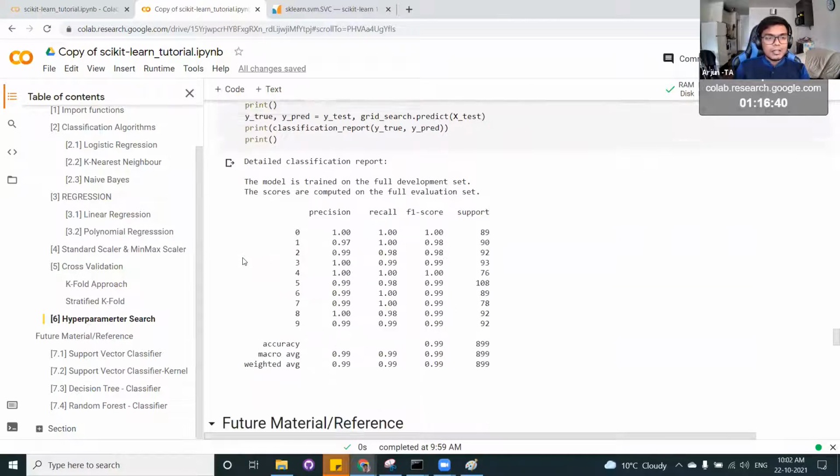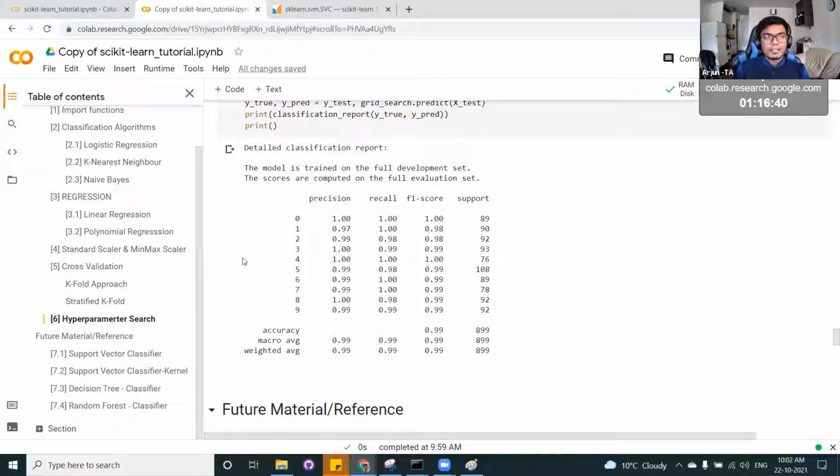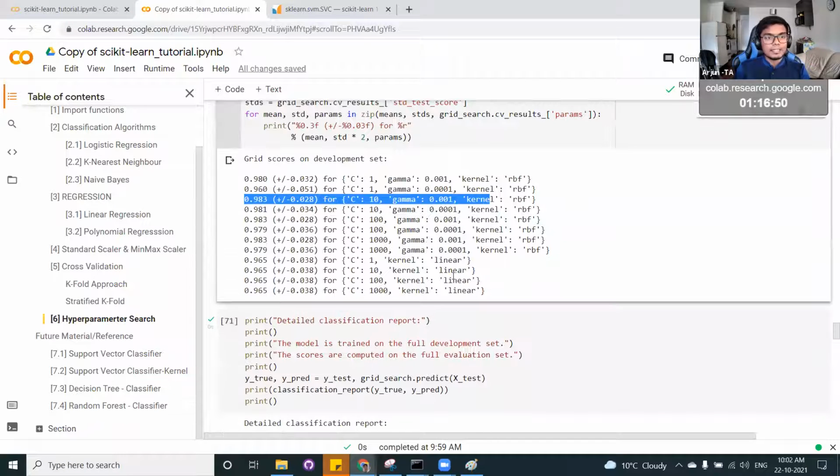like there is another strategy called the random search. Intuitively, you can think about it like, rather than mentioning the numbers here, you can say, okay, I want to do a hyperparameter search between 1 to 1000, and the number of runs I can use is like 10 runs, between 1 to 1000, and it randomly picks up a number.